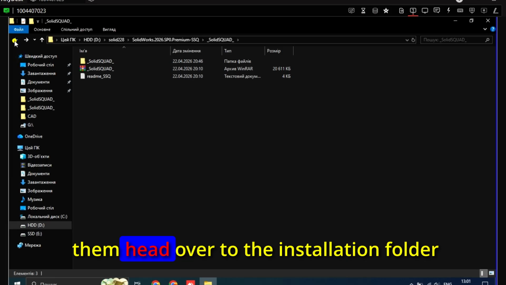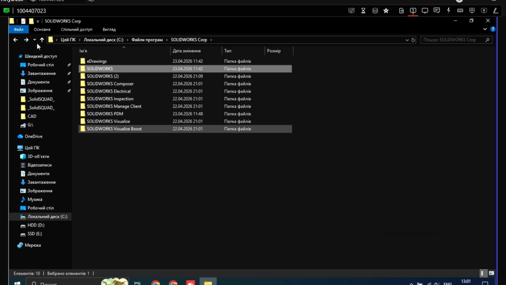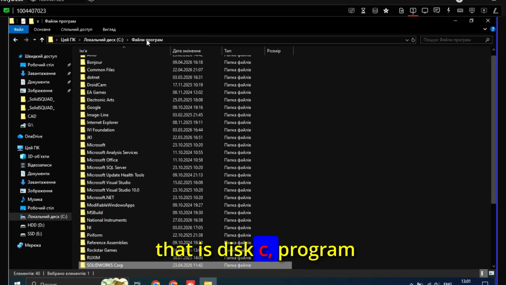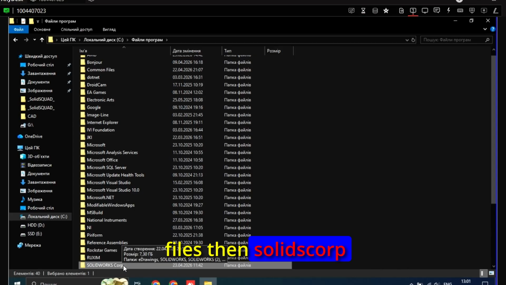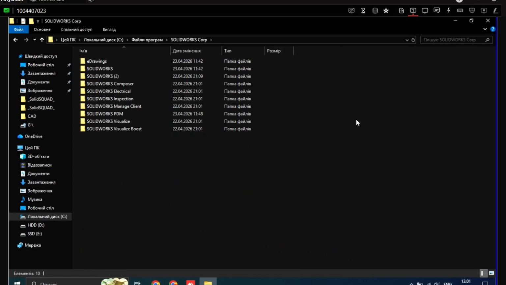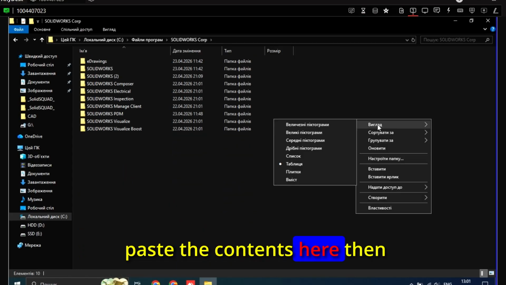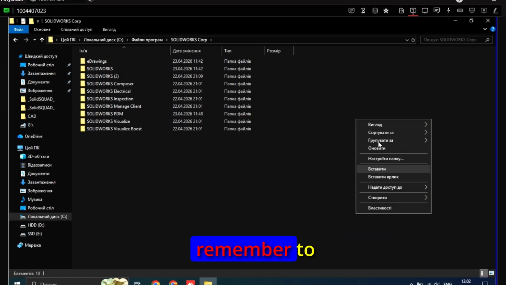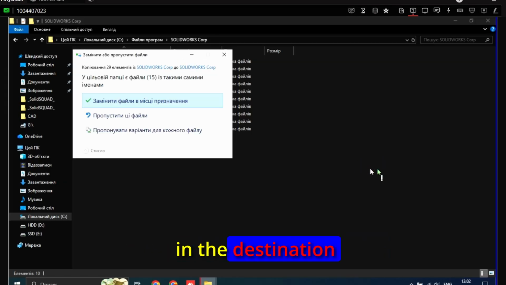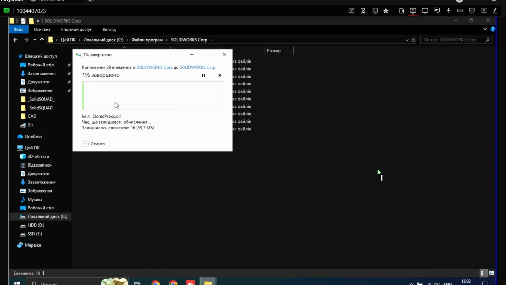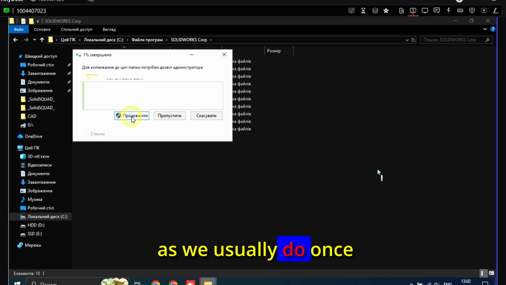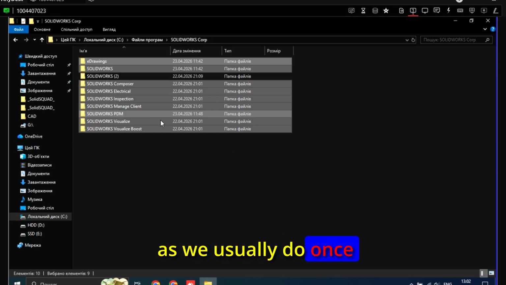Once you copy them, head over to the installation folder. That is disk C, program files, then SolidScope. Paste the contents here. Then remember to always replace the file in the destination, as we usually do. Once that is done,